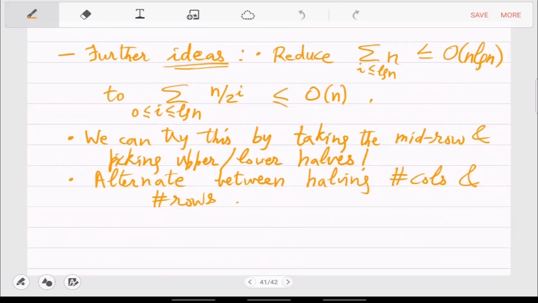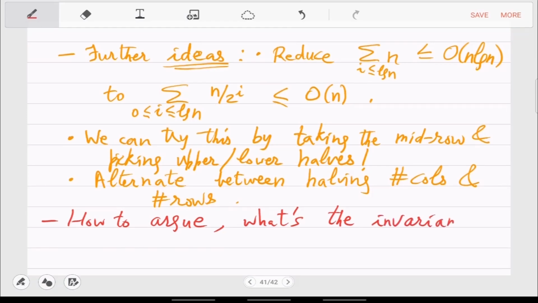So that is the question: what is now the invariant that you are looking at? And does the previous algorithm already work?